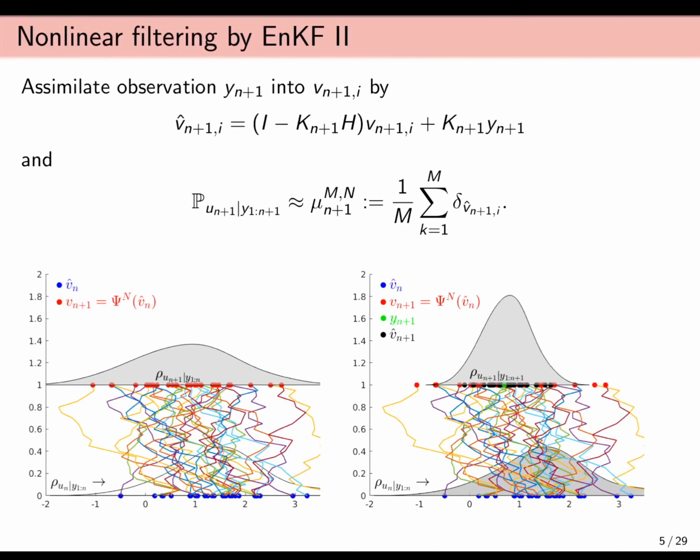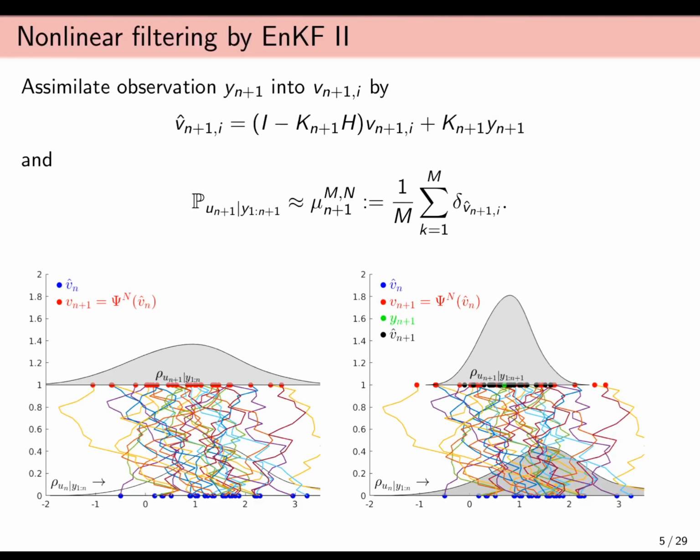All right, and now let's say that at time n+1 I obtain a new observation, which I incorporate into my full sequence of observations. Then how do I update the state of each of the prediction particles? Well, I do it one by one. The ith particle I update, I set it equal to a linear combination of the prediction state of the particle and the new observation. It should actually be a perturbed observation here. I will return to that, but I haven't introduced it yet, so let's keep it simple for now.